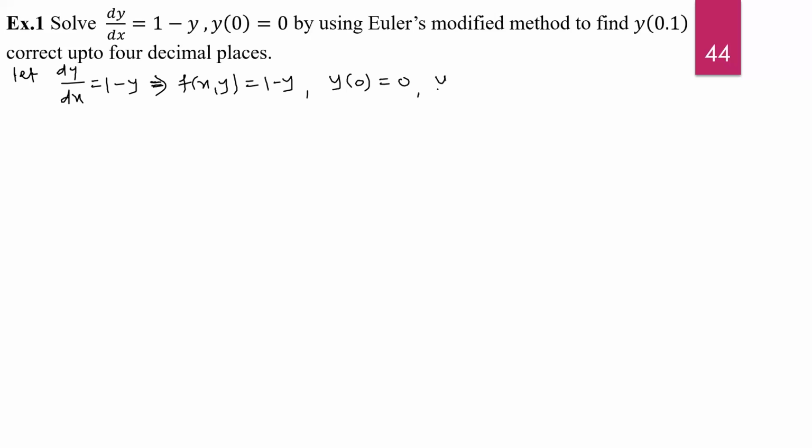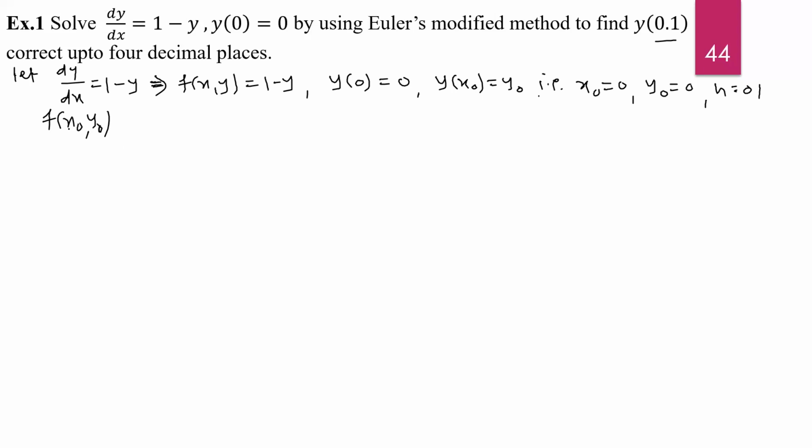It means this is given y at x naught is equal to y naught. That is, the value of x naught is 0 and the value of y naught is 0. Now we got the x naught, y naught. Also the h. H here we consider 0.1. Now we also calculate the value of f of x y